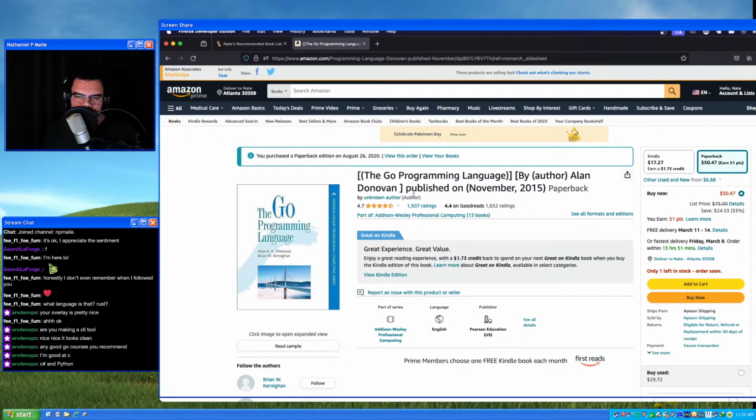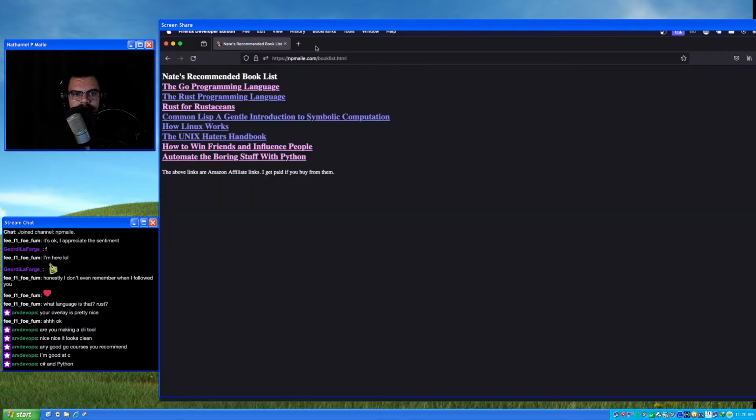Good at C, C#, and Python. Okay, then yeah, just do the Go tour and start writing some Go. That's what I would recommend. Otherwise, The Go Programming Language, this newer 2015 edition, is probably the one you want. The only stuff that's changed since the old one have been mostly just some stuff around packaging and then some minor library stuff that you'd figure out anyway. But the Go tour is really all you need if you already know how to program. It's really not a complicated language.